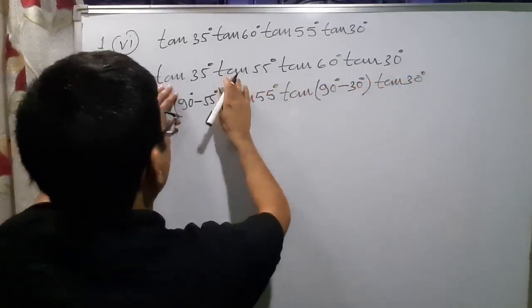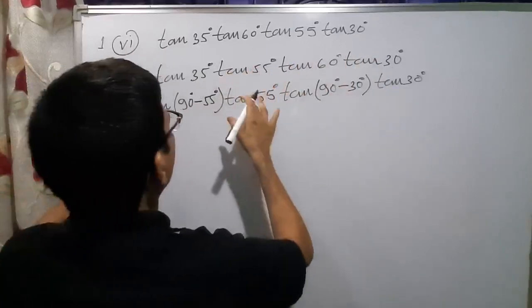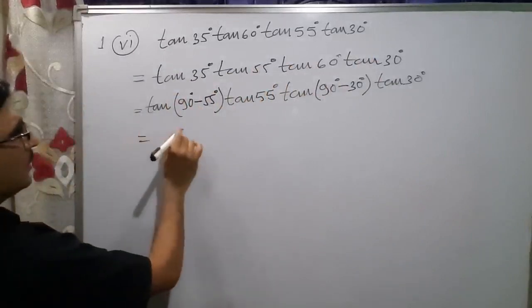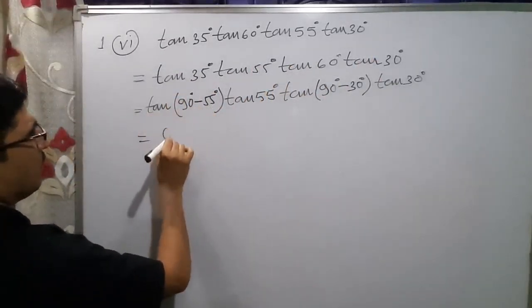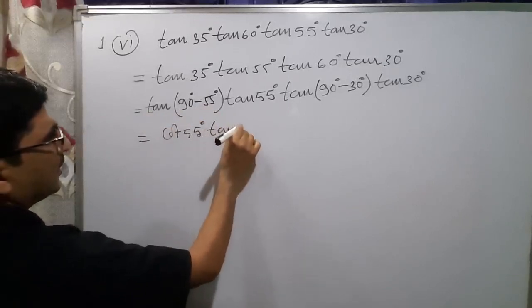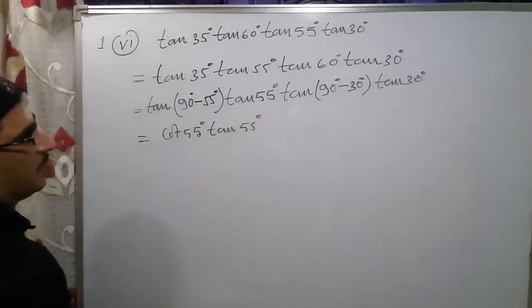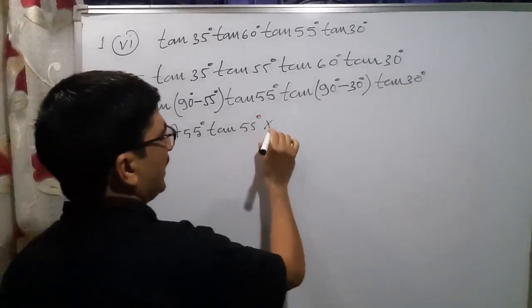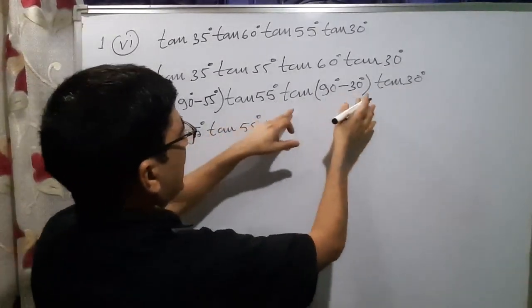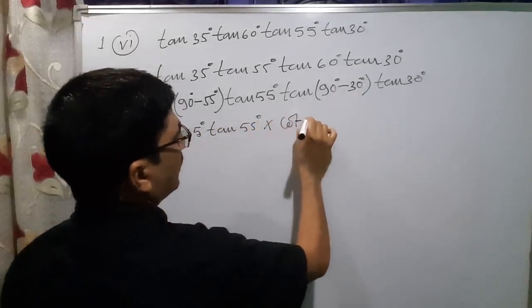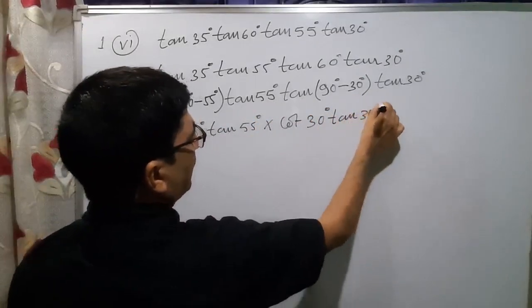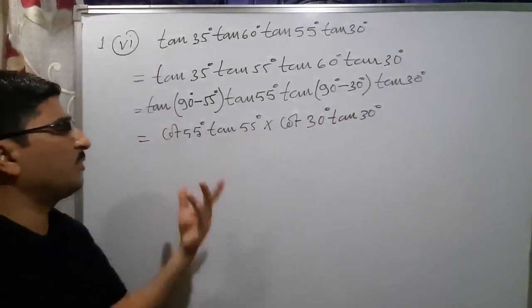From each of the sets, here two sets, this one set, this another set, from each set only one you will have to change. So this is tan, 90 minus 55 is cot 55 degrees, and this is tan 55 degrees. Next, suppose if I write the multiplication sign, no problem, you can understand more. These two are one set, and this is another set. Now this one is cot 30 degrees, then this is tan 30 degrees. If you do not write the multiplication sign, no problem, I just wrote it here to make you understand properly.